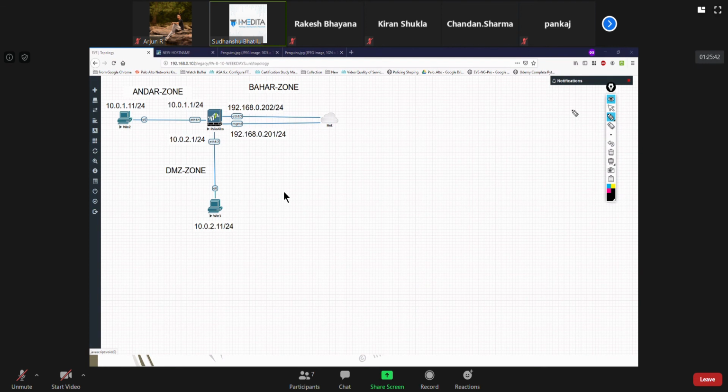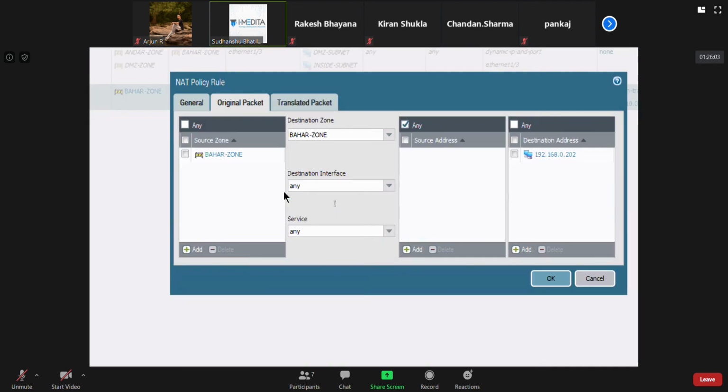They are coming from the Bahar zone and hitting the Bahar zone IP, not this DMZ zone IP. So that's why it's source zone Bahar, destination zone Bahar.